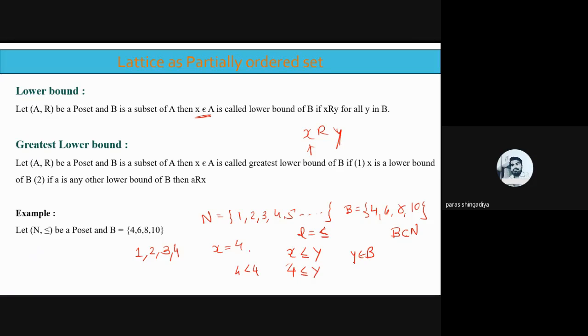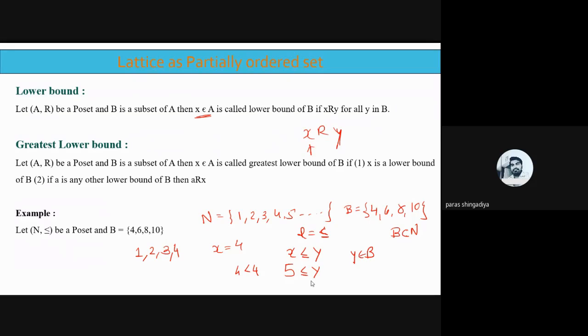Because if you consider 5 here, the first value of B is 4. So 5 less than or equal to 4 is incorrect. Okay, so it is not true for all these values of Y. Clear? So after 5, that is 6, 7, 8, 9, 10, 11, and so on, will not be the answer. Okay, only 4 values we have, 1, 2, 3, and 4, which are known as the lower bounds of the